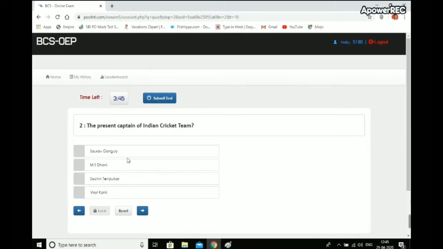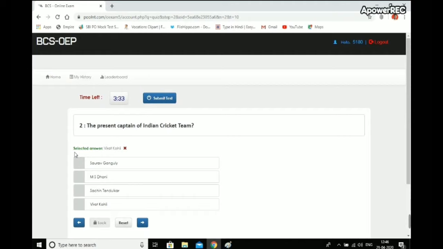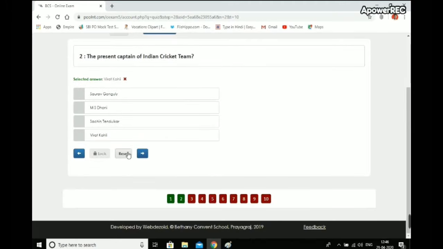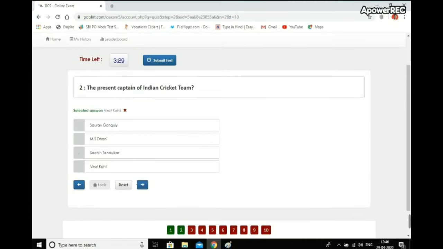The second question is the present captain of Indian cricket team. We all know it. It is Virat Kohli. Then again we have to lock this answer. After locking it, you can see the selected answer has been selected. Now we will click on the next question.